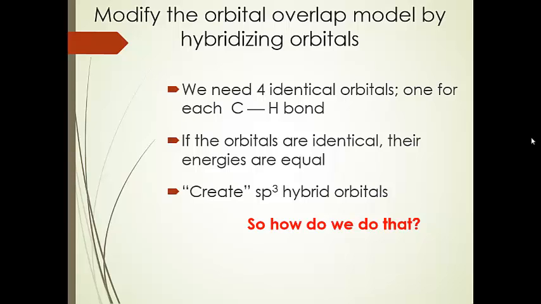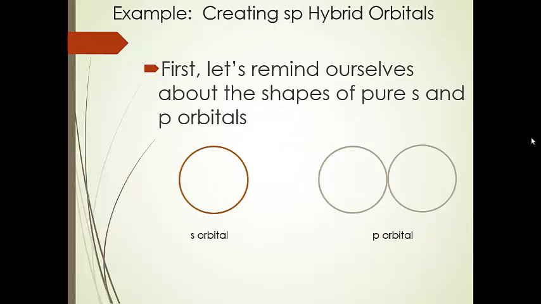So let's go ahead and modify this orbital overlap model by hybridizing orbitals. So we need 4 identical orbitals, 1 for each carbon-hydrogen bond. And if these orbitals are identical, then their energies are equal. So we're going to create sp3 hybrid orbitals. Now, how do we do that? Alright, so first we need to